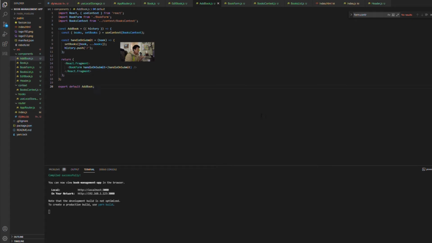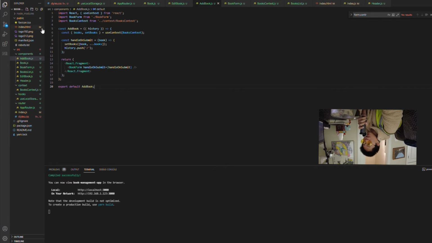On line 10 of addBook.js, the history prop is used and passed by React Router to every component mentioned via route. We're passing the books and setBooks props from the approuter.js file. We're storing all the books that are added into an array. If we look at lines 8 through 11 on addBook,